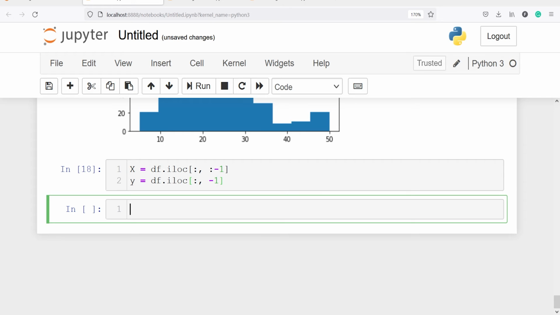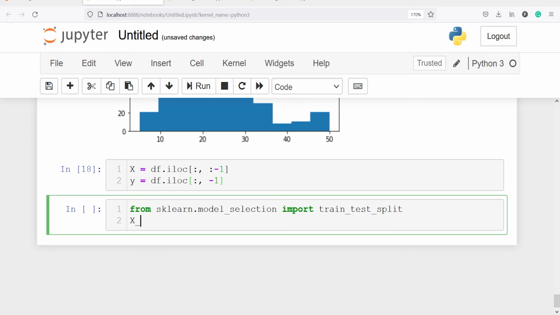Next we will split this x and y into train and test, and for that first of all I have to call train_test_split from sklearn. So I will write from sklearn.model_selection import train_test_split.